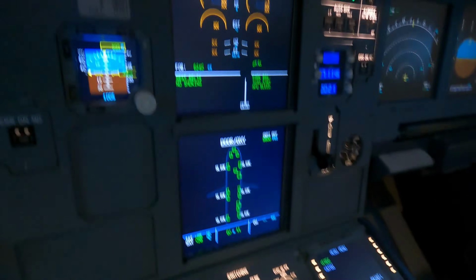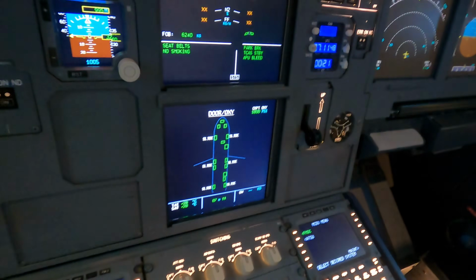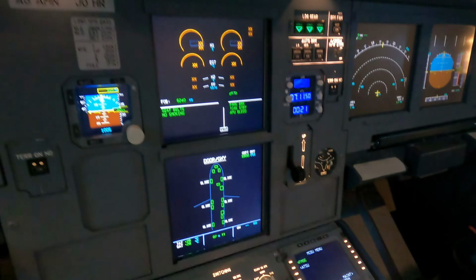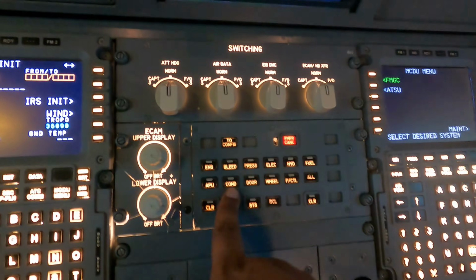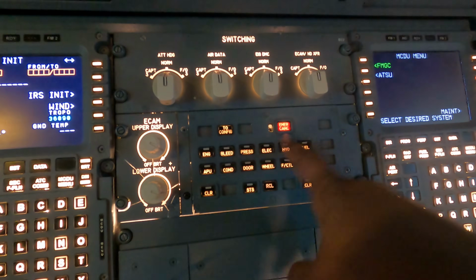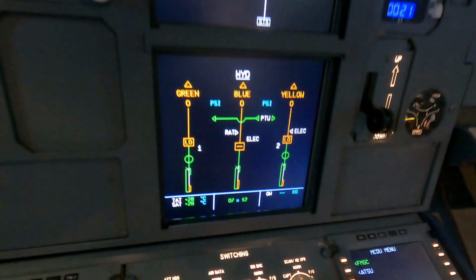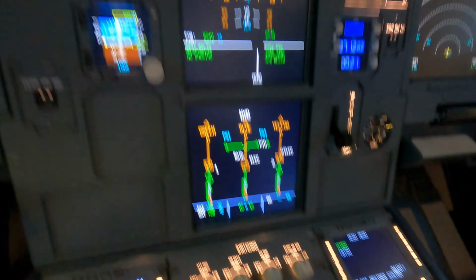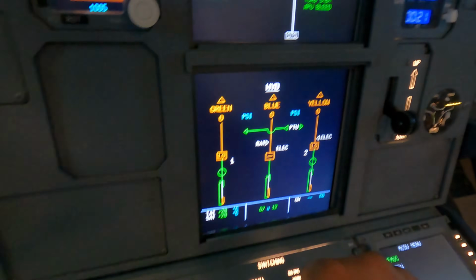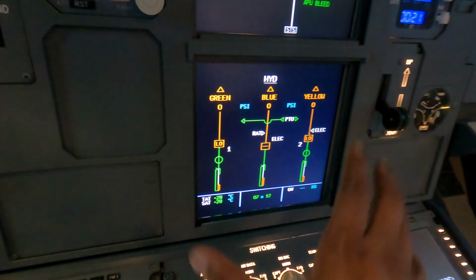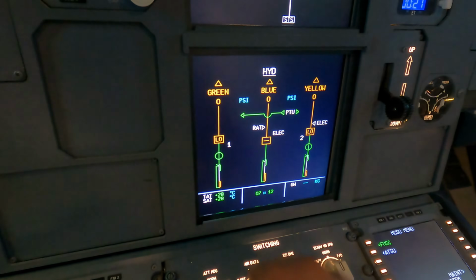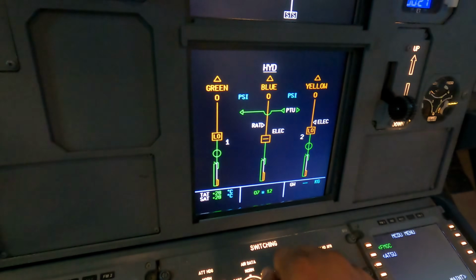All right, so on our SD page, systems page, which is the lower page, you can change the screen to the various systems that we have on the aircraft. So I'm going to select hydraulics, and that's going to bring up the hydraulic page. The first thing you want to understand about what you're looking at on the hydraulic page are the reservoirs, or